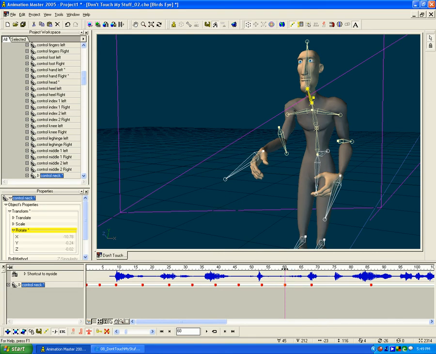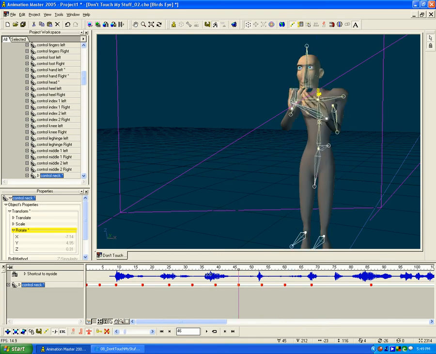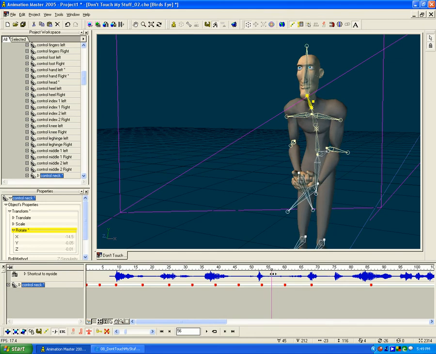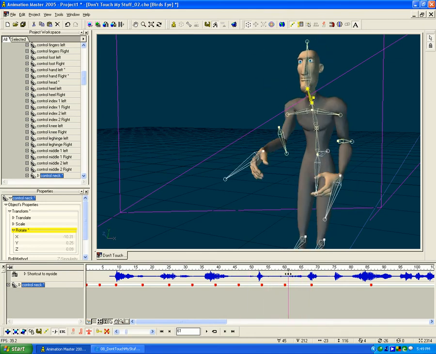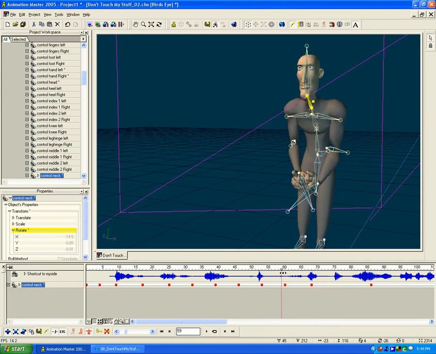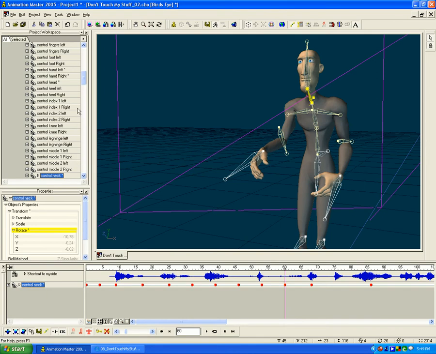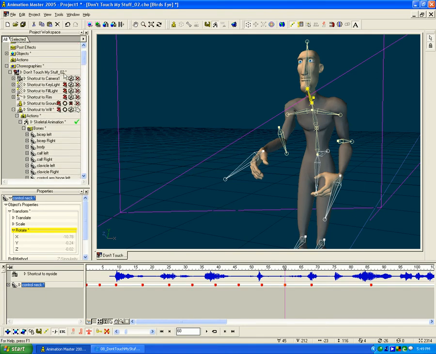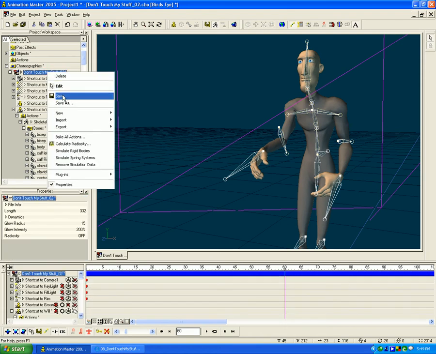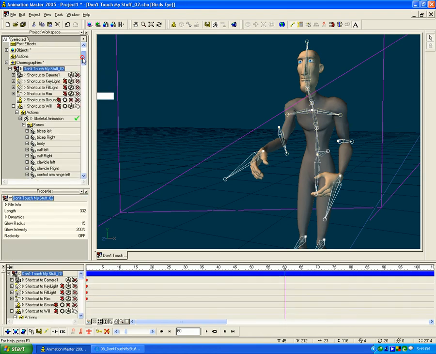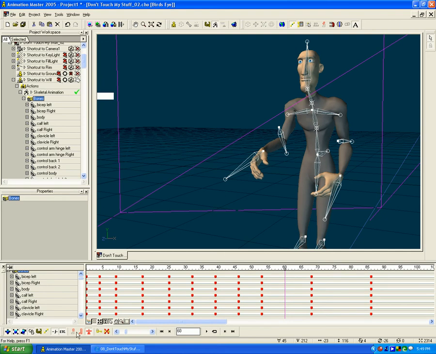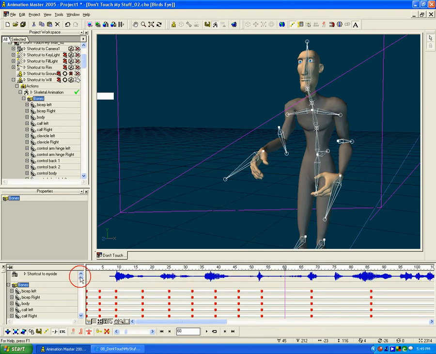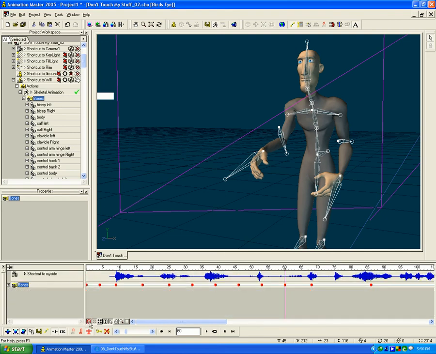And sometimes when you're working in stepped motion or stepped animation, it's hard to see where your arcs are going. Like this one right here, I really want him to get a good wind up into this pose right here. So what I'm going to do, I've saved this choreography as 02, and I'll save it right now. Okay, but what I'm going to do is click on bones, and this is going to take a second, but I'm going to hit my graph editor,